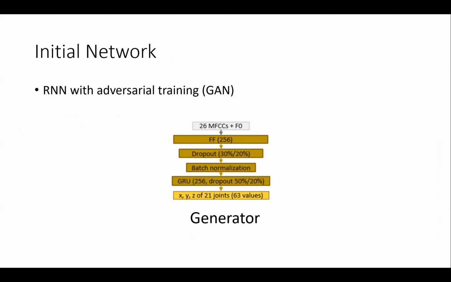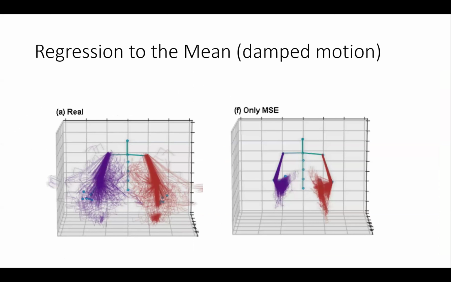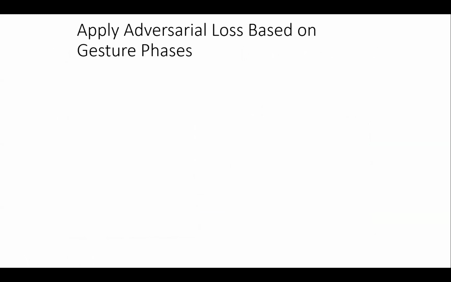So at the time, this was 2019, we were using RNNs, we were using GANs. This is a plot of the real motion, so this is what the person actually did. We pinned the root of the character, but this is just the movement of their arms. And if you train on mean squared error, you get something like this. You get this very damped version of the motion. You're losing most of the expressivity of the actual motion. And so what we're trying to do is put that back in the system, looking at how we can force this particular architecture to do better.